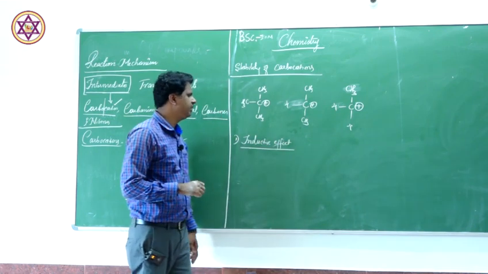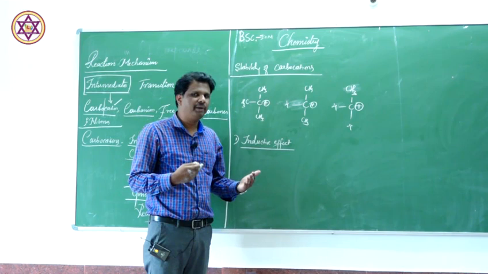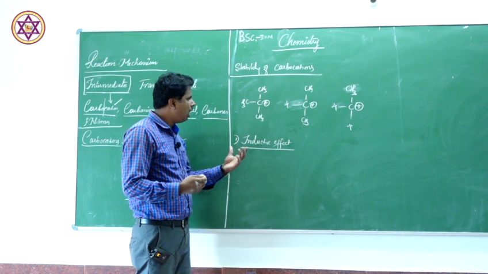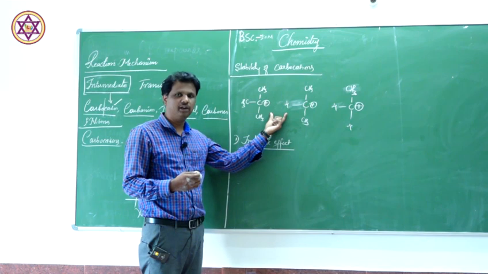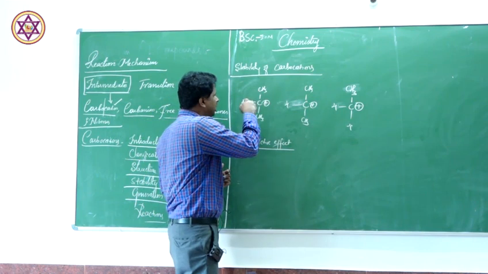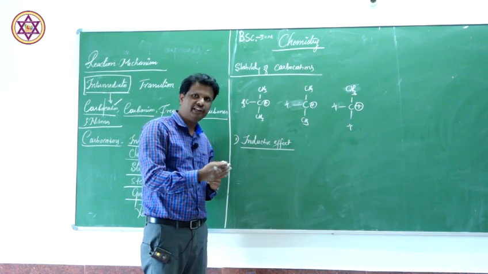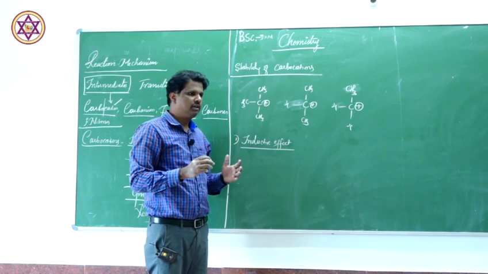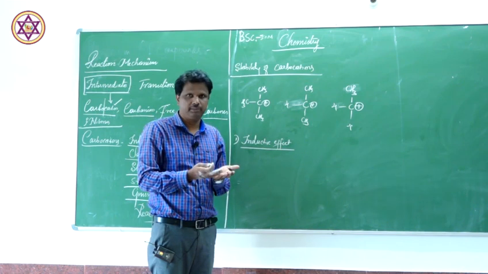The first point is inductive effect. That means electron donating or withdrawing. You already studied the basics of this point, how bond polarization occurs and all. Now we'll talk about how, based on inductive effect, we can give the stability order for these 3 carbocations. What is the point here? If the groups attached to carbon intensify the positive charge, then the molecule becomes unstable.